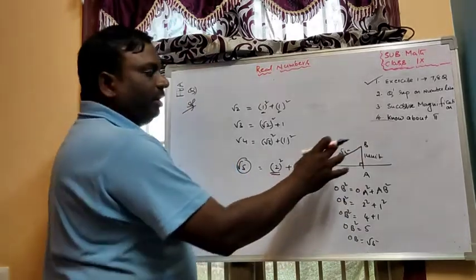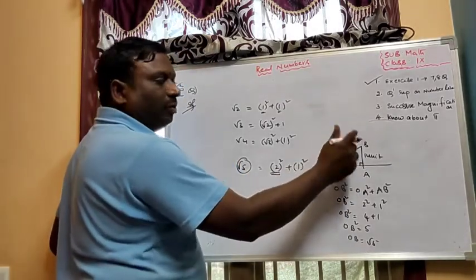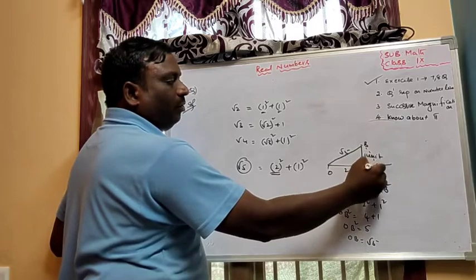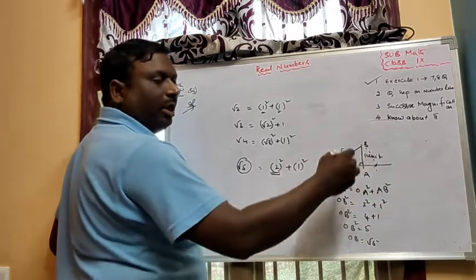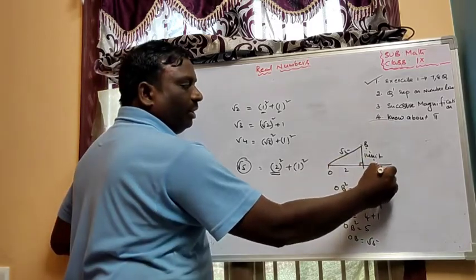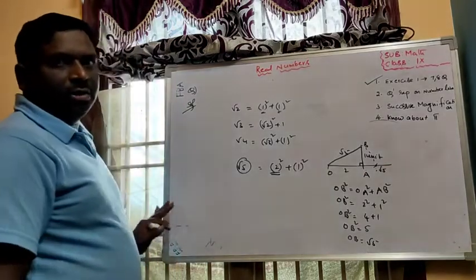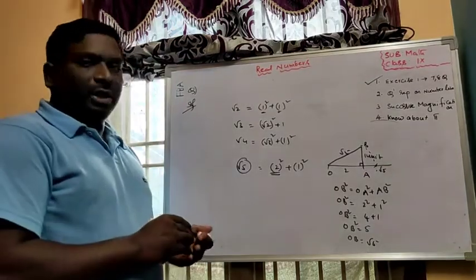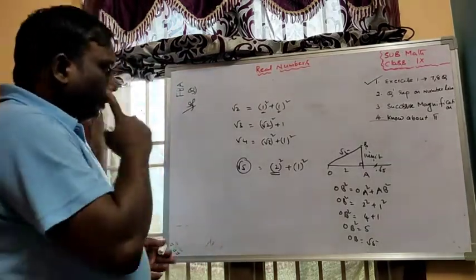If you got root 5, immediately you can take the radius OB as root 5 and draw an arc. Wherever the arc intersects the number line, there you can mark root 5 on the number line. That is the method to find it on the number line. Okay. So now